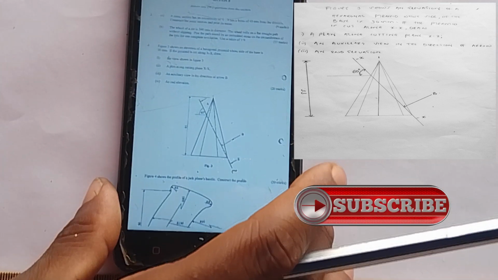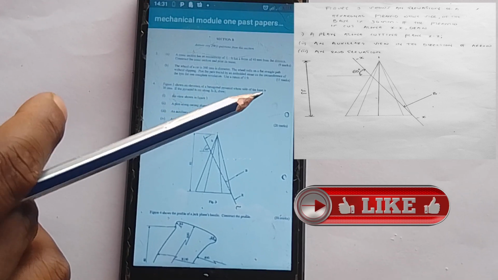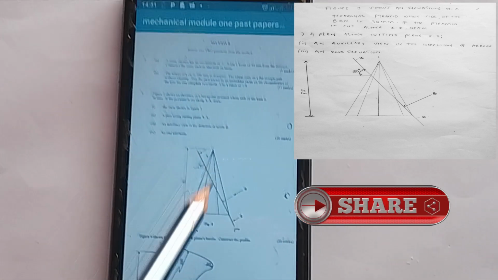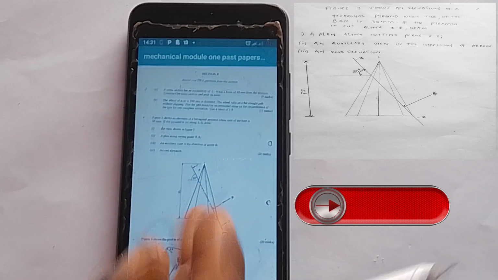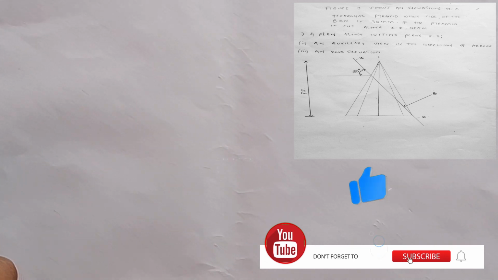So the very first thing that you do, you write your question down. After you've written it, we know that the pyramid's base side is 30 millimeters, or 3 centimeters, the side of the hexagon is 30 millimeters, and the base of it is a pyramid, but you have the cone. So draw it as it is on the question paper. So the very first thing that you do now,